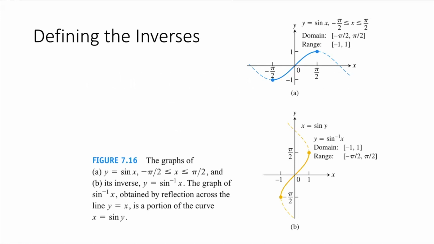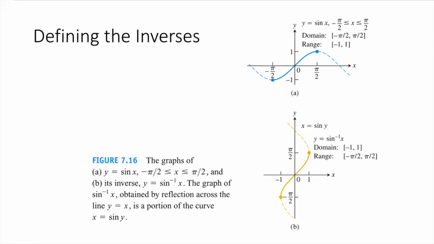So you'll remember at the beginning of this chapter, we reviewed one-to-one functions and the fact that one-to-one functions have inverses. Now, if you picture the graphs of your 6 trigonometric functions, for example, you see here the graph of y equals sine x, and I'm including the dashed part of the graph. That is clearly not a one-to-one function because it fails the horizontal line test. So y equals sine x with its usual domain, all real numbers, is not a one-to-one function and therefore would